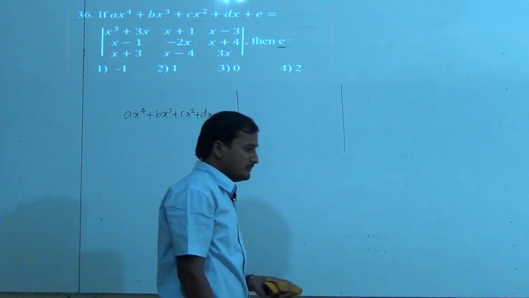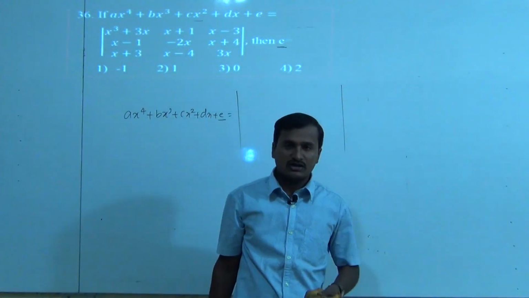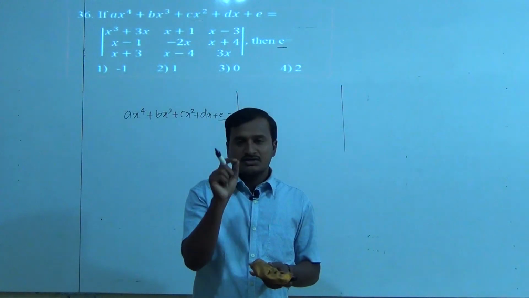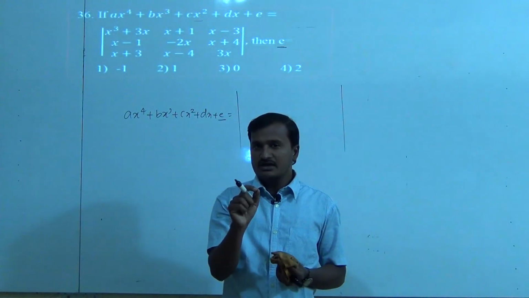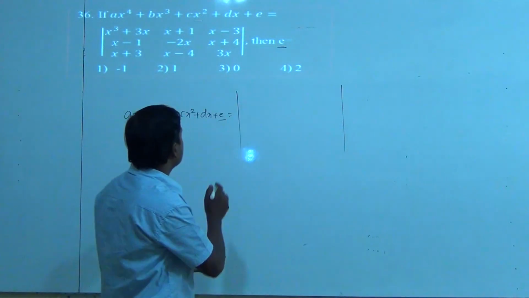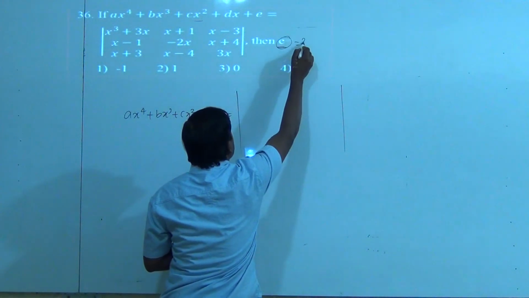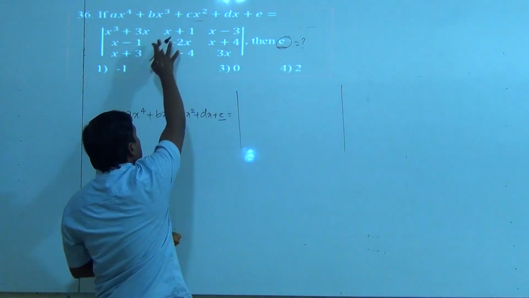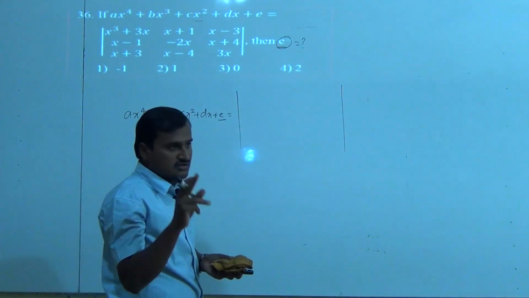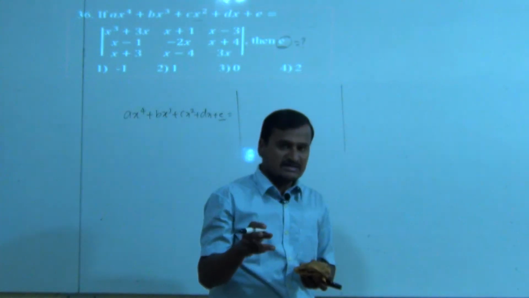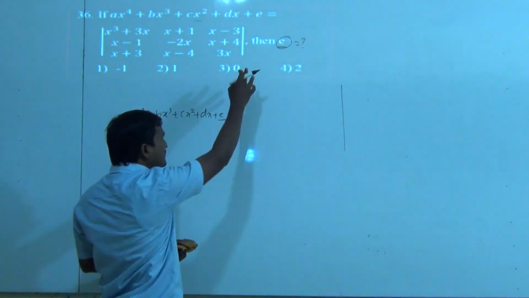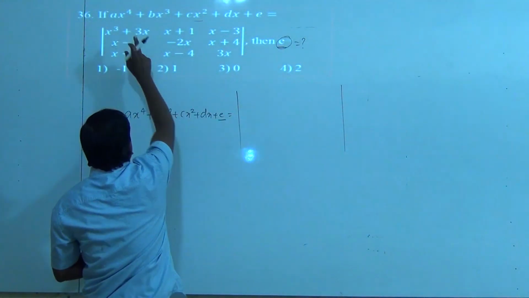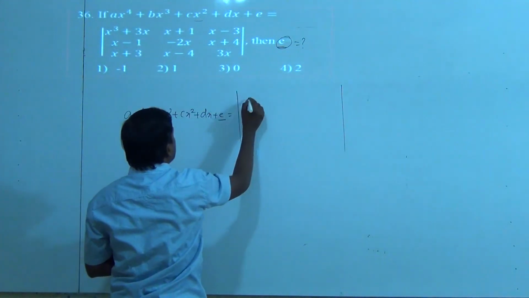So already in a previous question I have told that in a polynomial, if you want to find the constant term, you should replace the value of x by 0. So here also, to find e, e is nothing but a constant, right? To find the constant term in this polynomial, just replace the value of x by 0. So clearly this becomes 0.